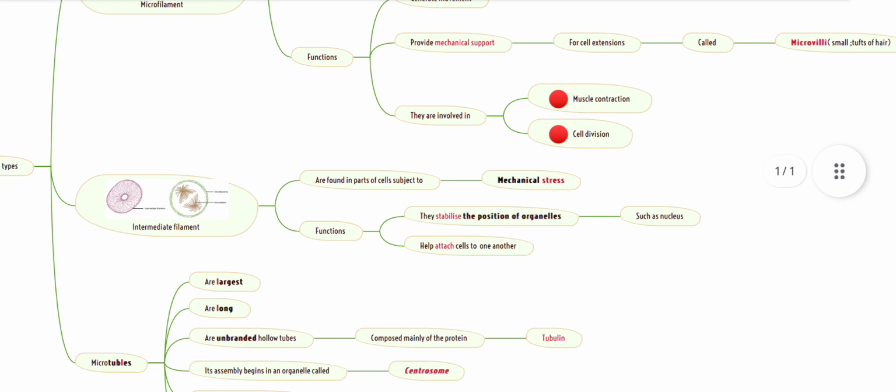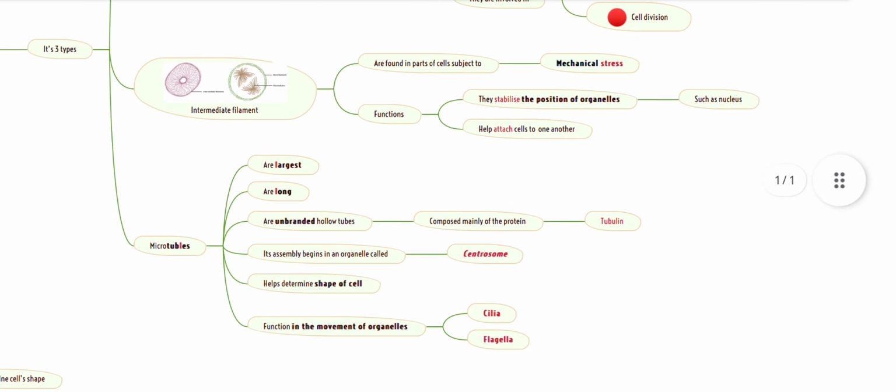Okay, and they help attach cells to one another. So we have a cell, and for attaching to another, what do we need? We need intermediate filaments of the cytoskeleton. Okay, we have the last type,